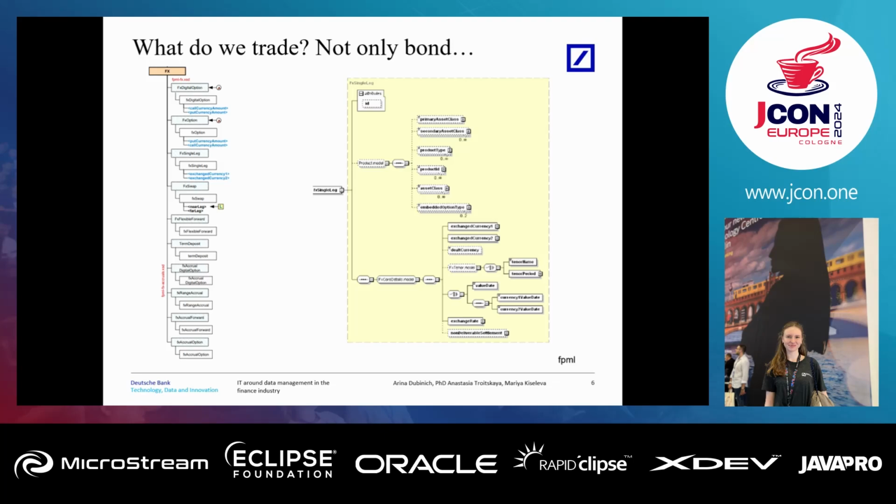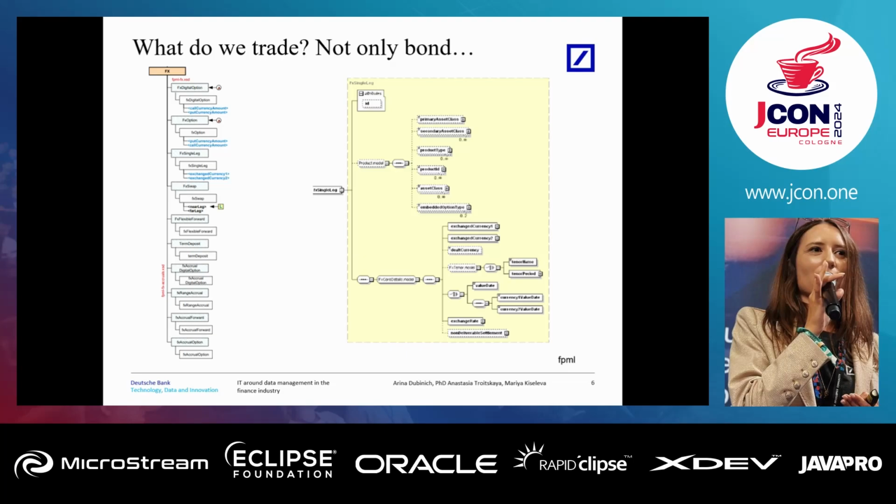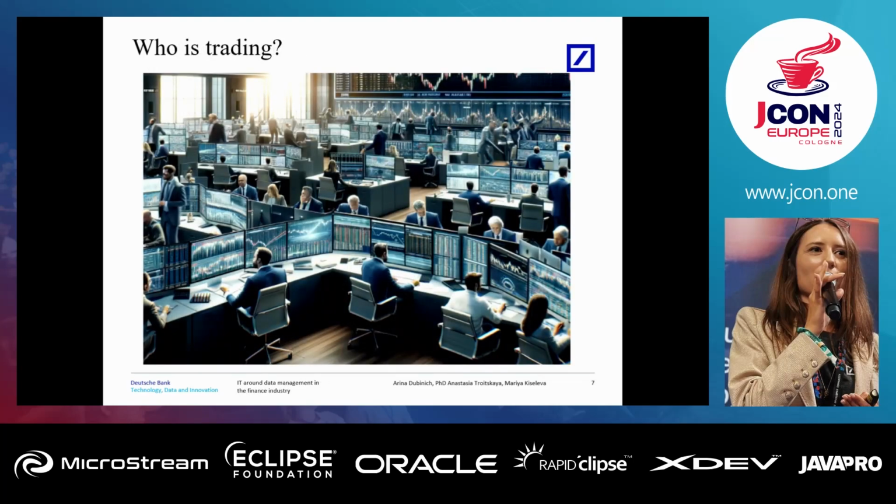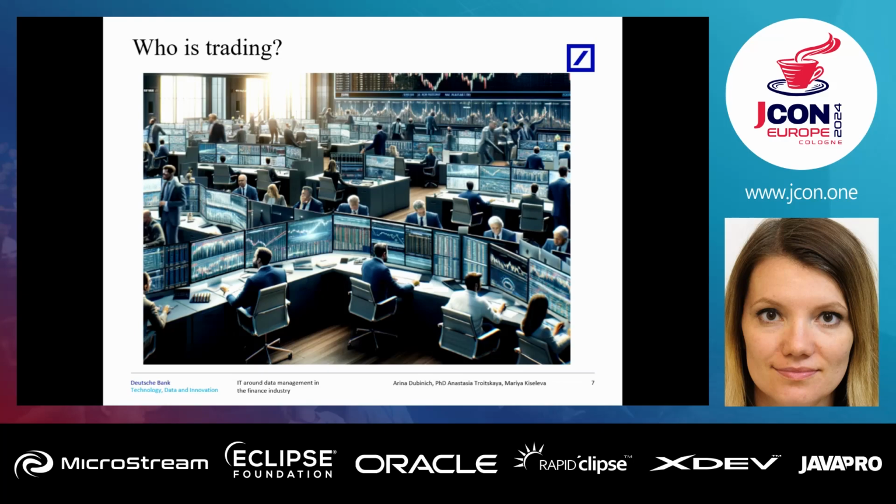And the complexity here, this is the first point when things become complicated, is that we need to understand these products on the IT side, because we are building a trading platform. So we need to understand specifics, why people use them, etc. So now let's move to another question. Who is trading? For every trade, there are two participants, an external client and a trader or dealer. Traders are employees on the Deutsche Bank side, and their responsibility is to provide a price whenever a client comes to the bank with some request.